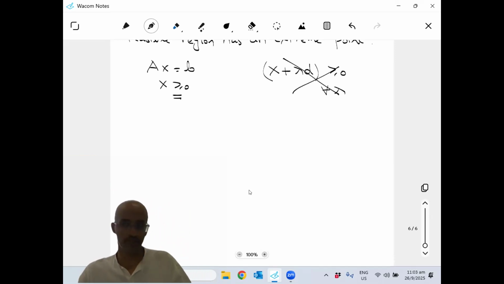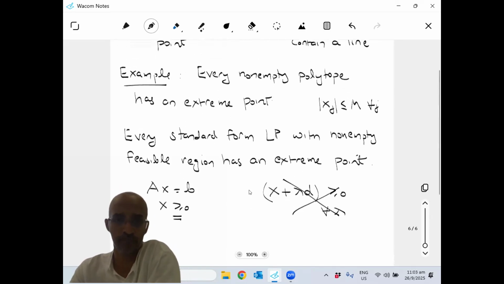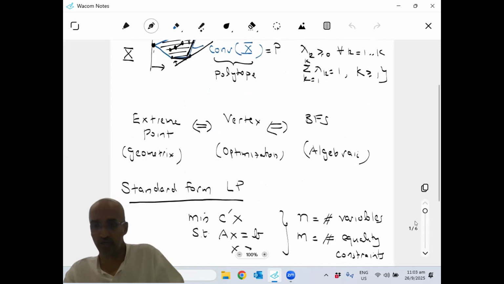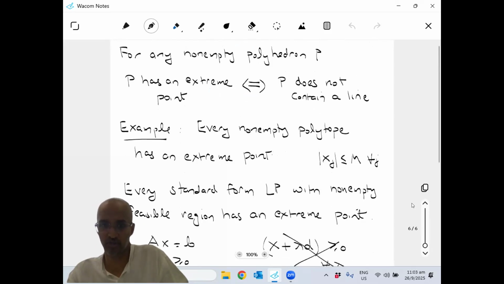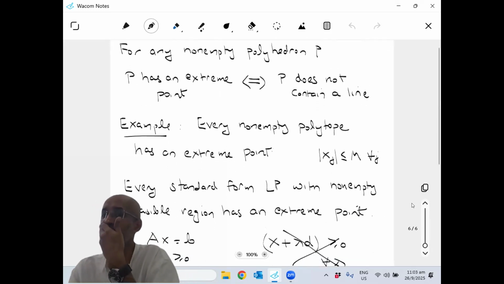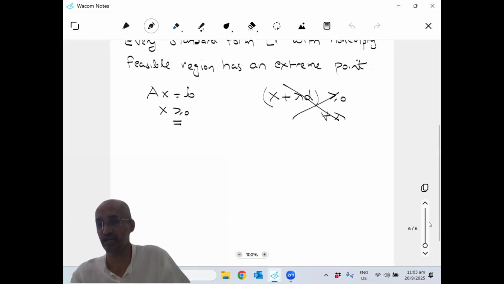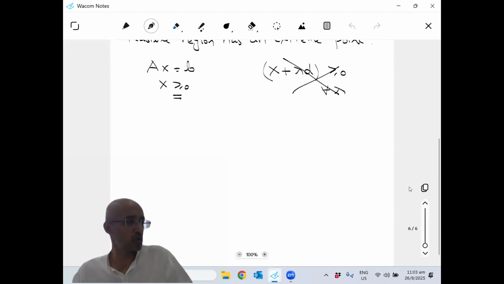Okay, so maybe we'll start. So I discussed the notion of when a polyhedron has an extreme point: if it does not contain a line. So what we are going to argue next is